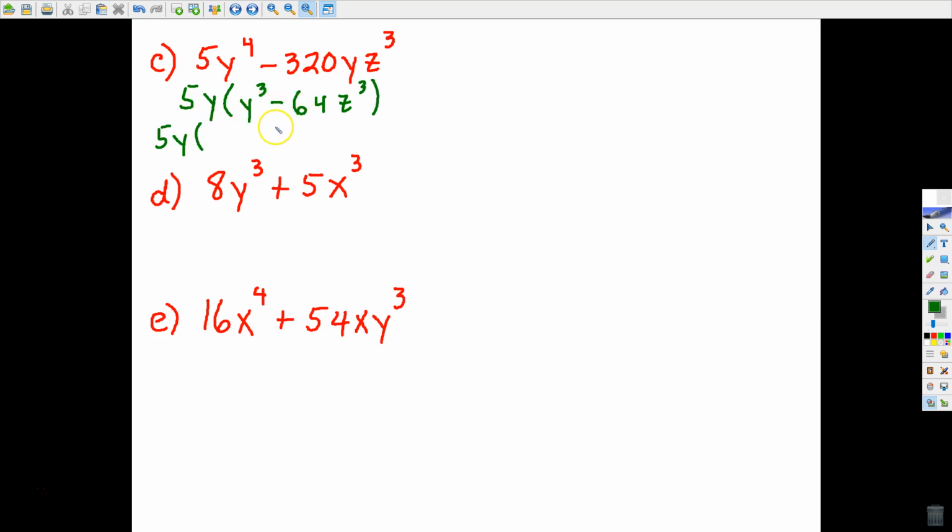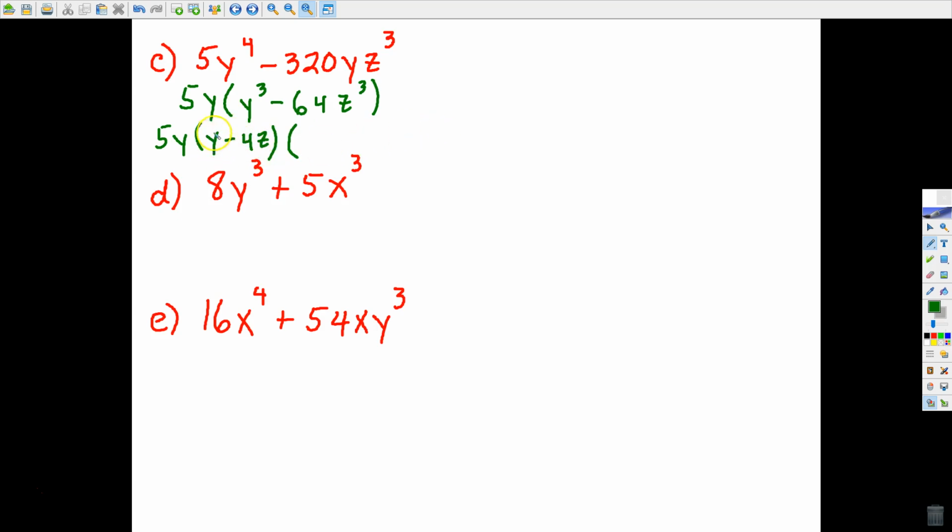Here, using the factoring method for the difference between two cubes, we need the cube roots. That'll be y minus, and the cube root of 64 again is 4. The cube root of z cubed is z. And then if you want to go back and look at your notes, remember we make this trinomial based on